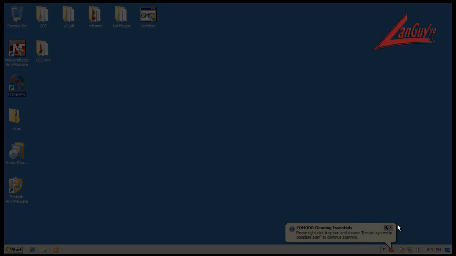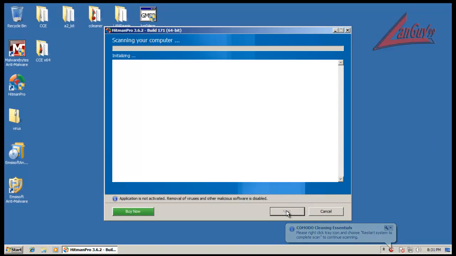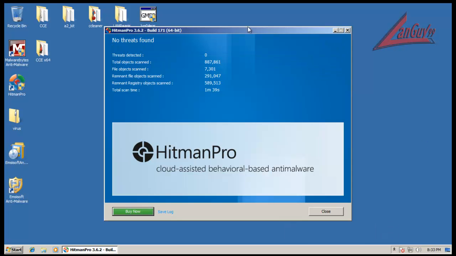And last but not least, let's run a scan with HitmanPro, and then we'll find out if that finds anything. Alright, and HitmanPro didn't find anything either. So,